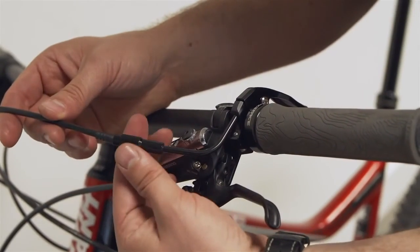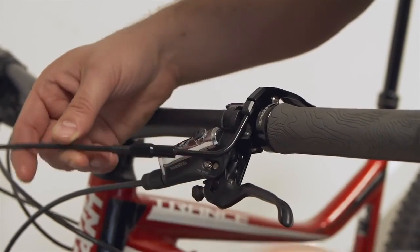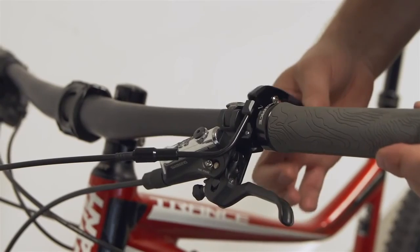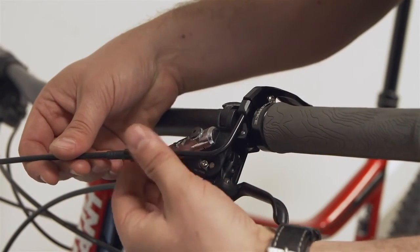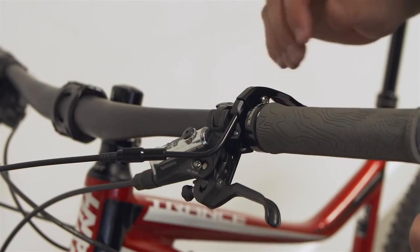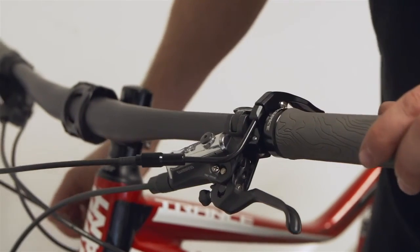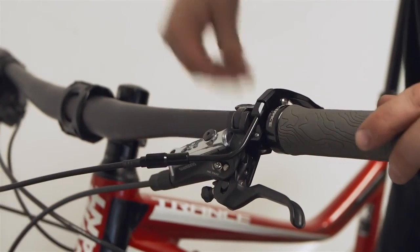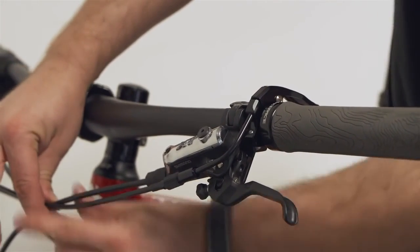The way to get more wiggle is to turn in your barrel connector, and you'll see there's a lot of play. That's probably too much. And so you want to take it out so that there's still just a little bit of wiggle. If there's no wiggle, that's going to be a problem. At that point, you can push excess cable down your frame, take some zip ties, and tidy up your cable